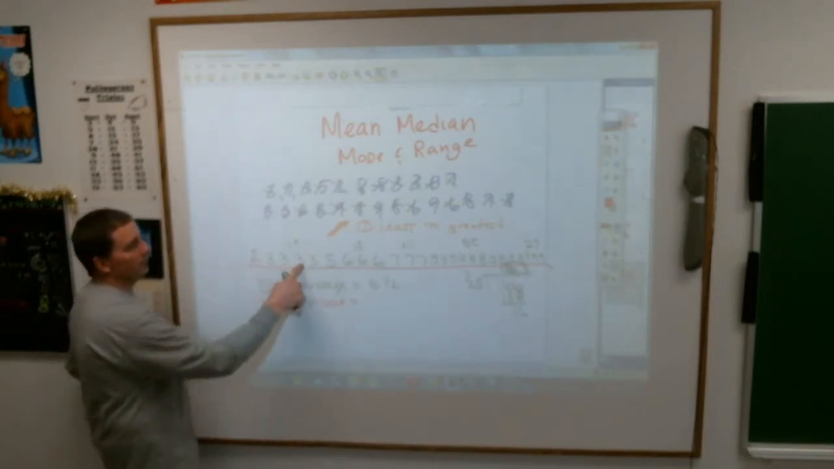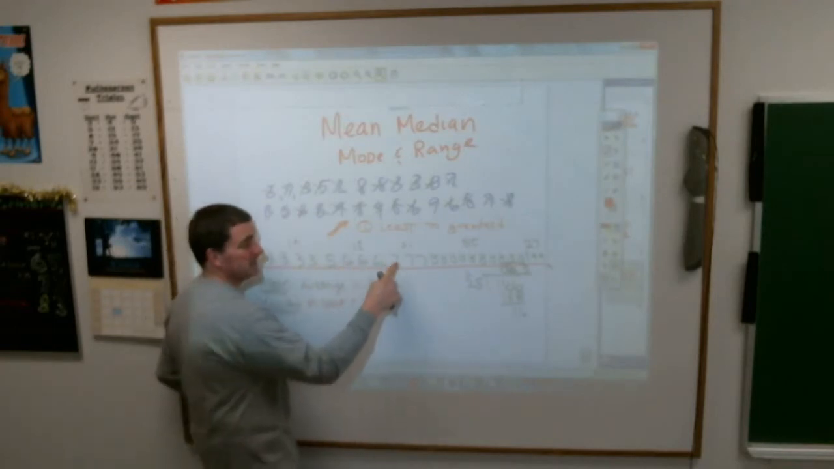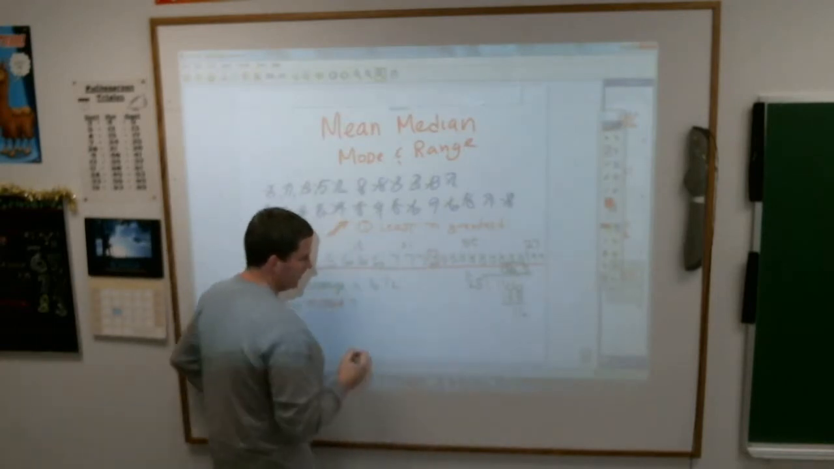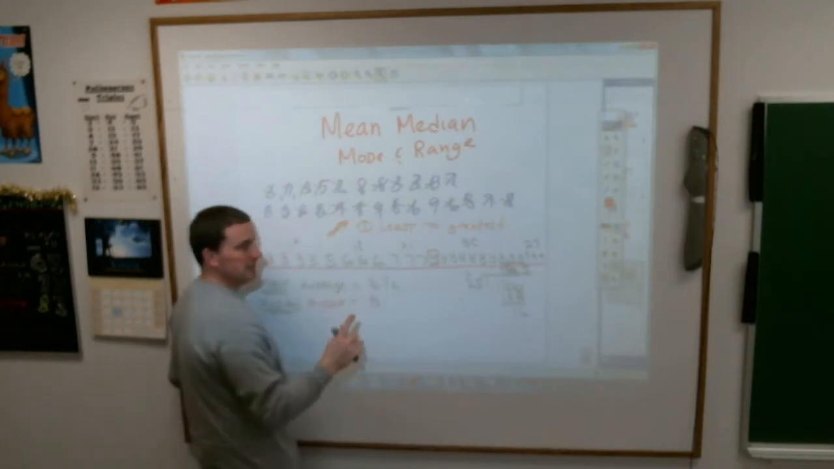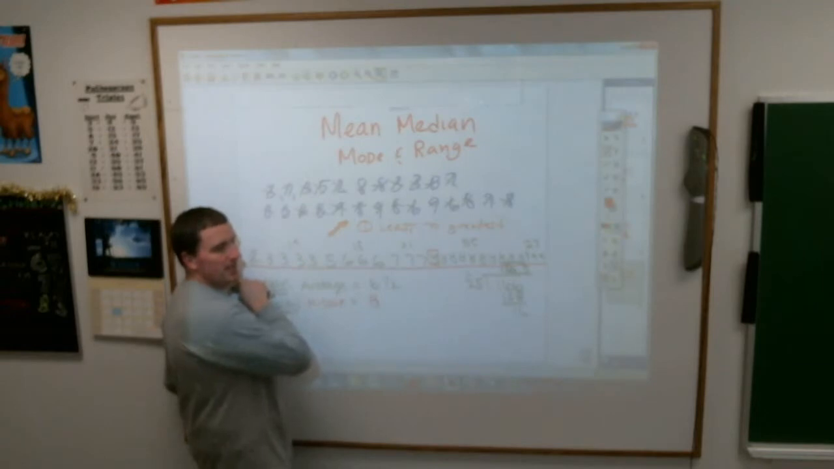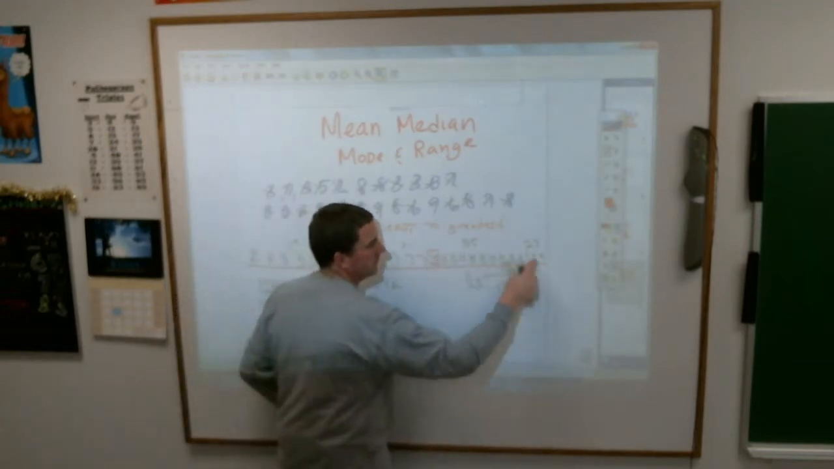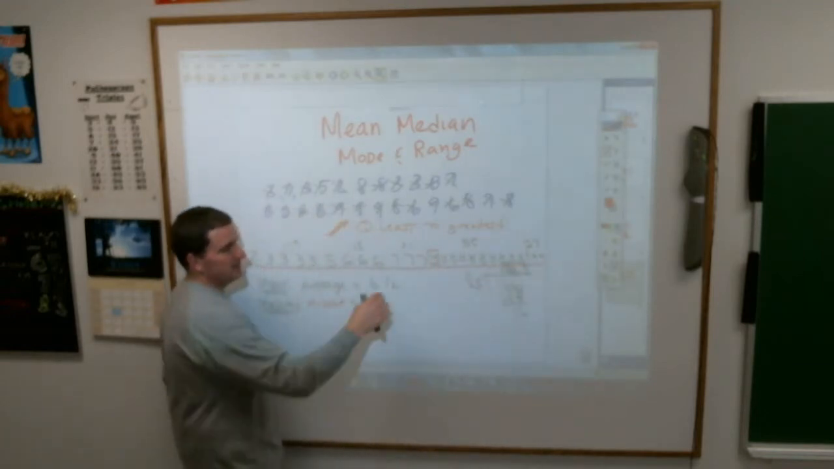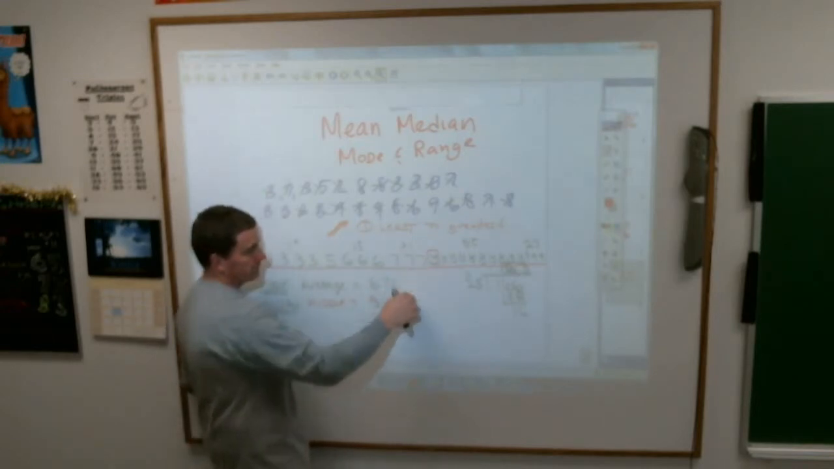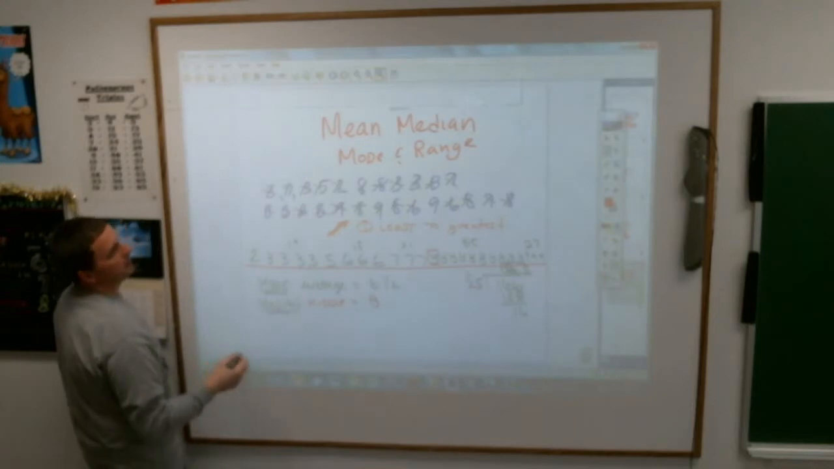1, 2, 3, 4, 5, 6, 7, 8, 9, 10, 11, 12, 13. 8. Okay? And again, the median means middle because there are 12 numbers on this side of that 8, and there are 12 numbers on that side of that 8. It is in the middle. Okay? Perfect. And then the mode,